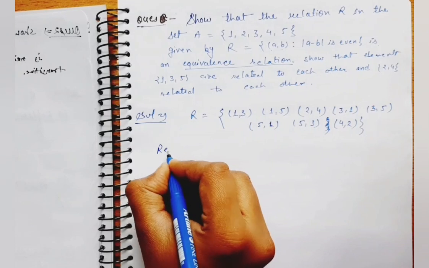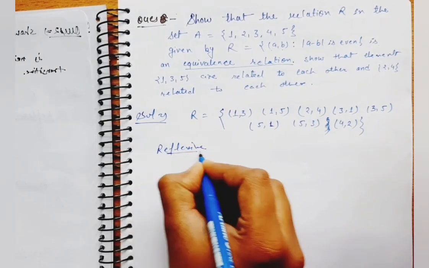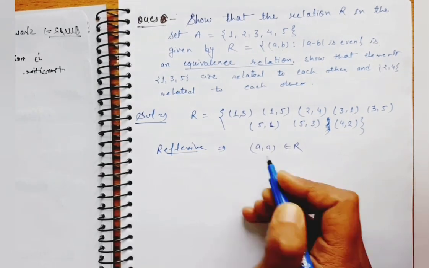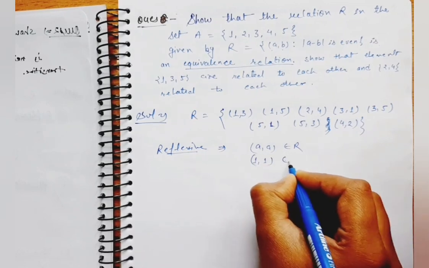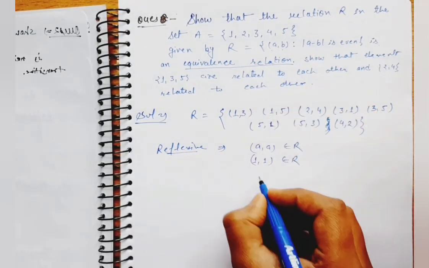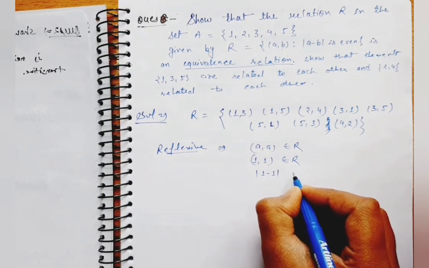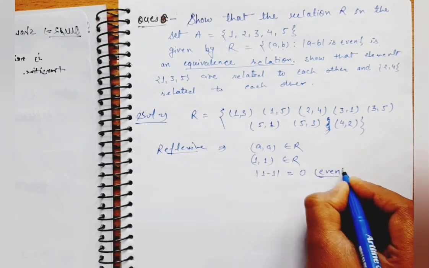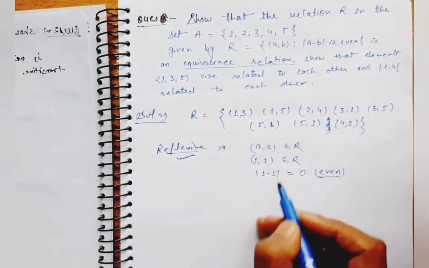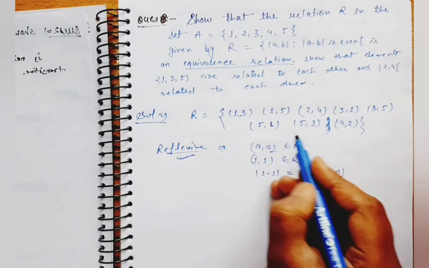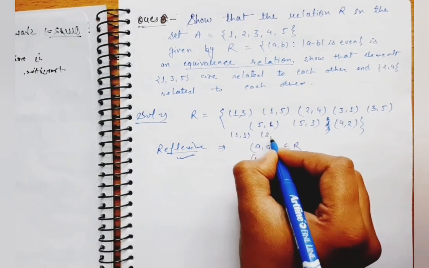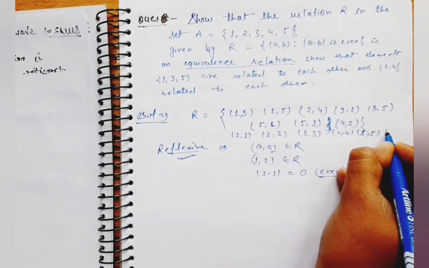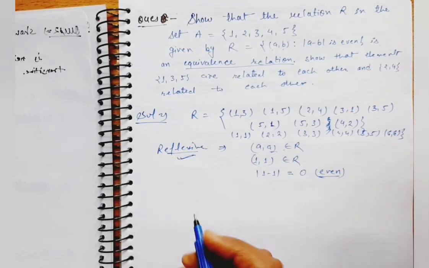Now first we will check the reflexive relation. If we check the reflexive relation, that means (A, A) belongs to R. Any number, say (1, 1) belonging to R, we have to check the condition that mod of 1 minus 1 should be an even number. If we check that, it comes 0, and 0 is an even number. So this is the reflexive condition. So for all (A, A) present here, (1, 1), (2, 2), (3, 3), (4, 4), (5, 5) and (6, 6), these are also elements of the relation R.